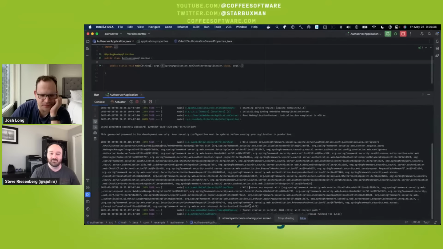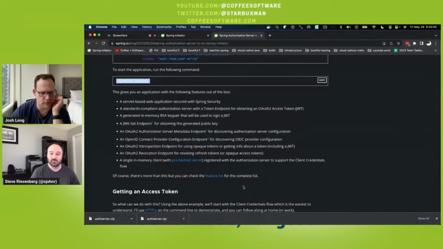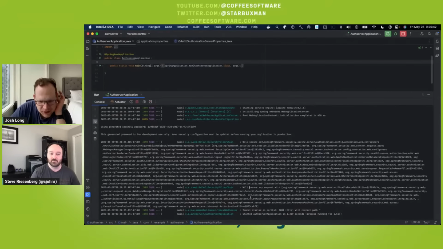Wow, okay. It's using Apache Tomcat, port 8080, all of that. It's up and running. It's got an in-memory repository. And by the way, there are a few dimensions of